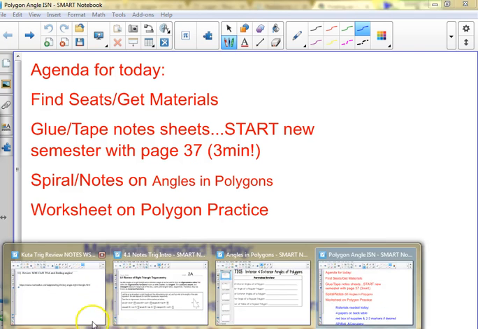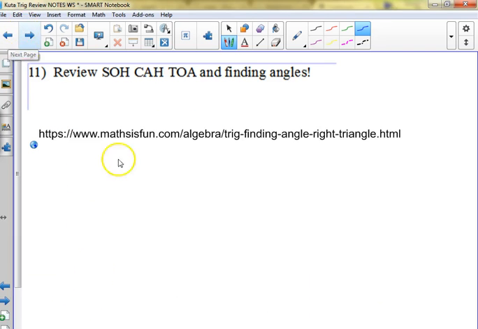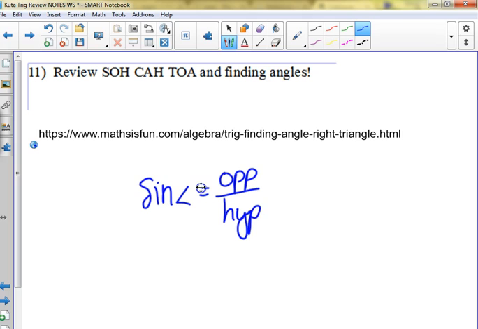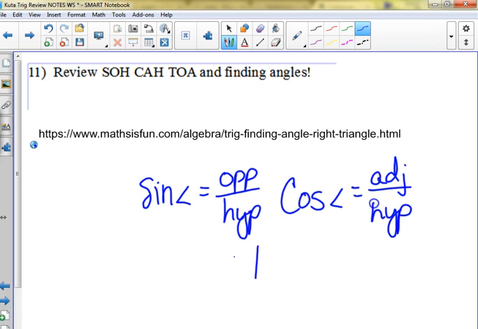All right. So what does SOHCAHTOA stand for real quick? Sine of some angle is opposite over hypotenuse. Anybody need to write this down, or you got this all in your memory bank? Cosine is adjacent side over hypotenuse. And tangent is what? TOA stands for